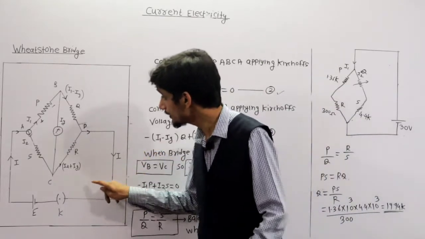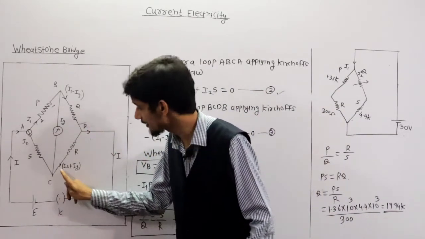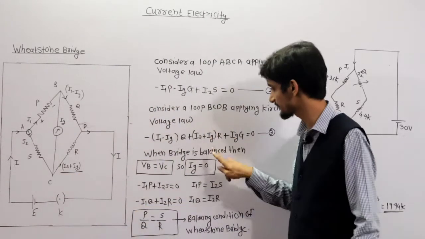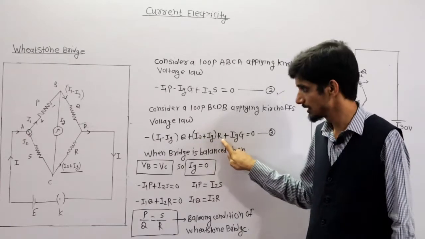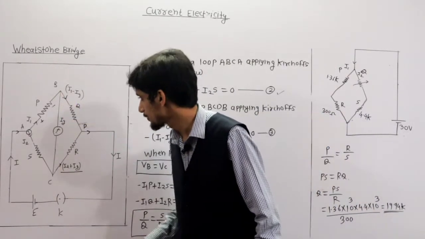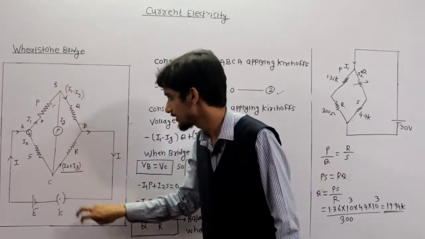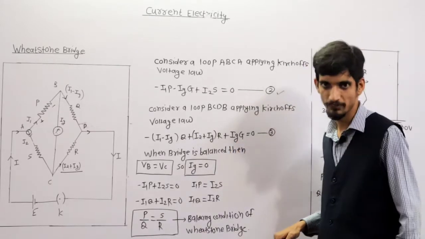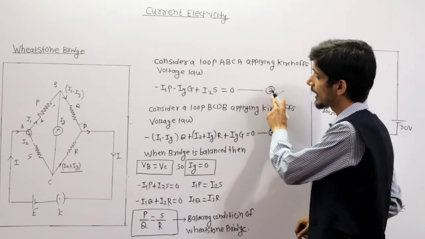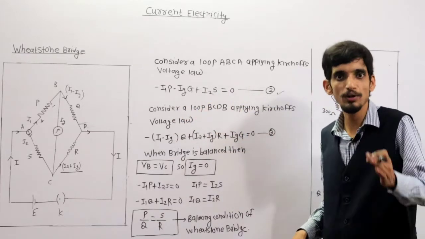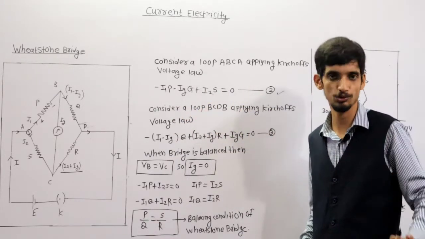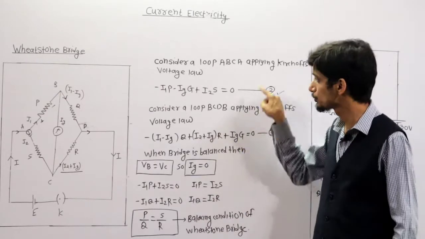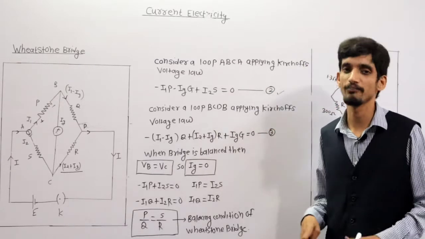Again, now I am going from D to C, but the current direction is from C to D. So again, what is the current? I2 plus Ig. That's why here plus (I2 plus Ig) into R. Now I am going from C to B. In this case, current is flowing from B to C and I am going from C to B. That's why here I have to write plus Ig into G. Clear? In the above equation number 2, I have written minus Ig into G because I am going in the direction of the current and the tracing direction is also the same. But here I have written plus Ig into G because both directions are opposite. So these are the two important steps in this derivation.